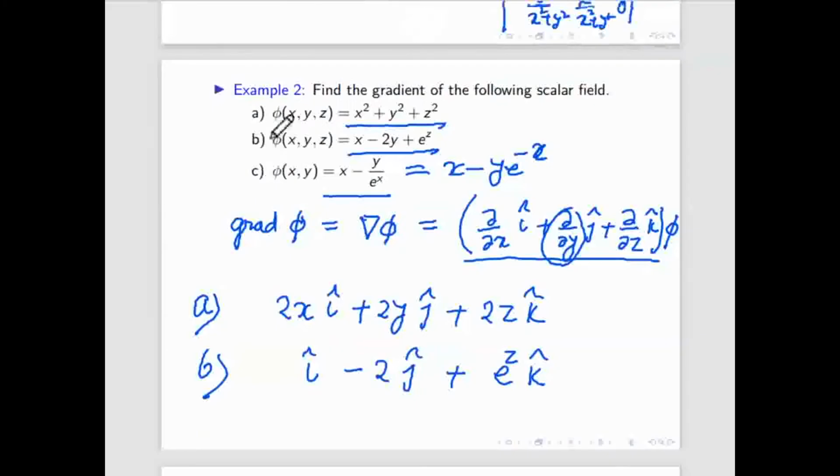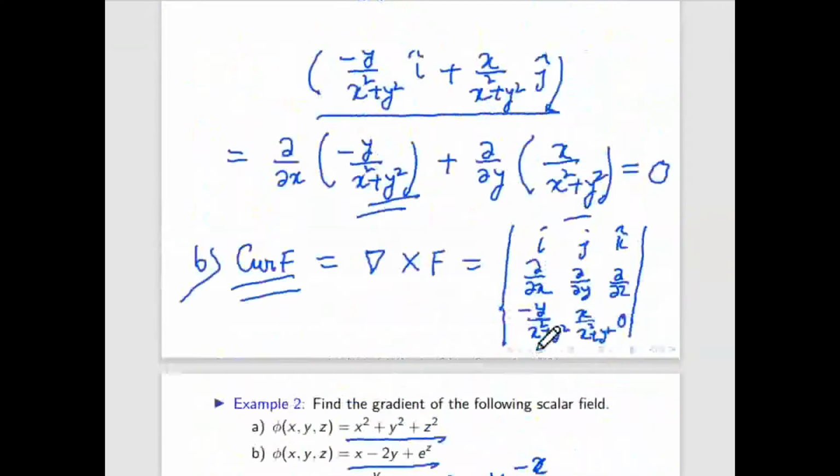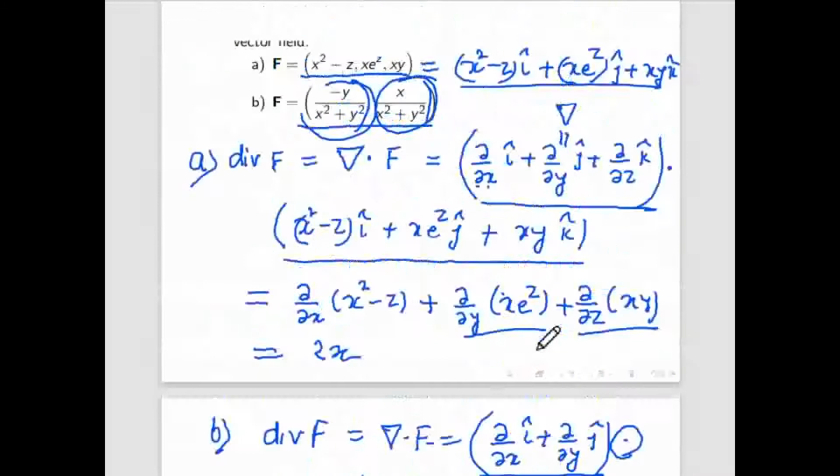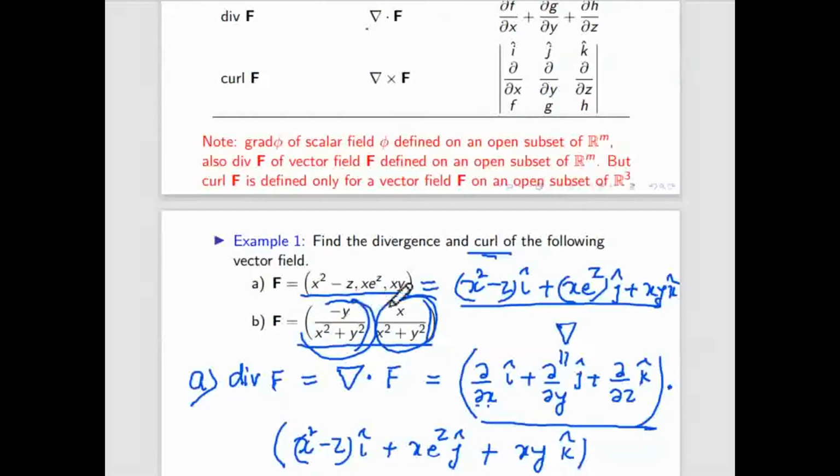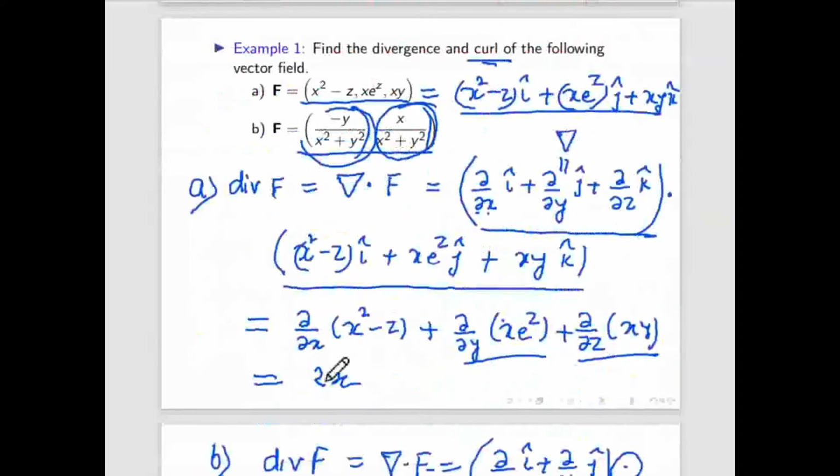From here we can see that this is the scalar field, it takes the range of real numbers, but if you apply the gradient you are getting the answer as a vector. So that means the del operator, if you apply it over a scalar you get a vector, if you apply it over a vector you will get a scalar, like we have seen in the previous example. These are all examples of vectors, but if you apply this del operator, that means you are calculating the divergence, you are getting a scalar number, like we got this 2x as a scalar.